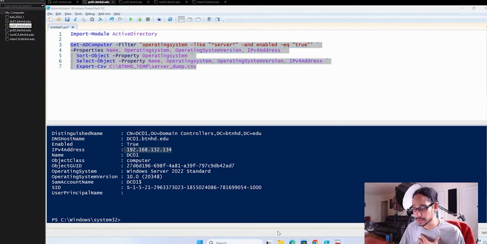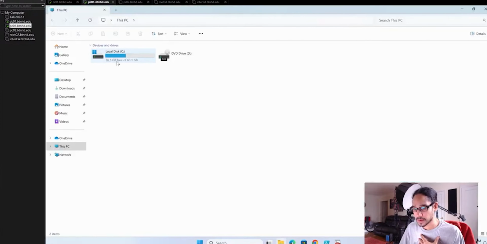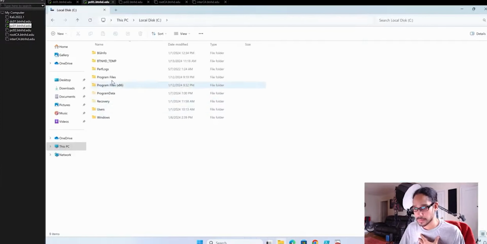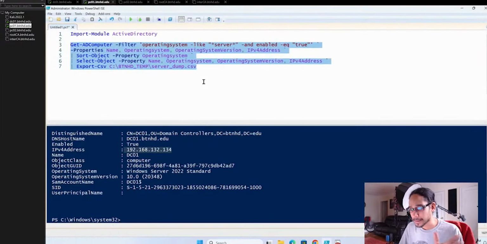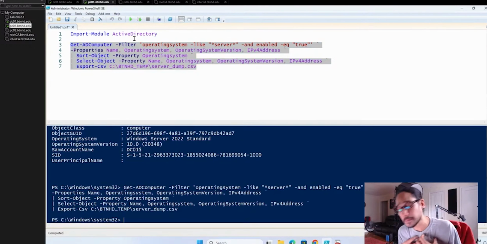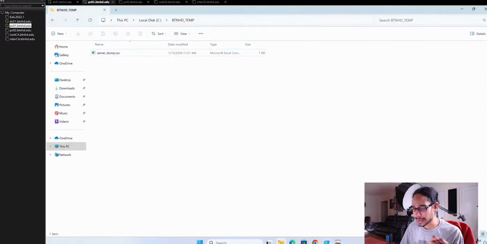And I created this folder with you guys, so it's not like I have the CSV file in there. So I'm going to show you guys. I don't have anything inside here at all. It's blank, nothing. There's no magic behind the scenes where I did something and it just worked. It's pretty simple. Well, it's pretty simple for me. If you have multiple servers within your infrastructure, it might take a bit, but because I only have one server, it's super quick. And that would be the DC01 that I have.